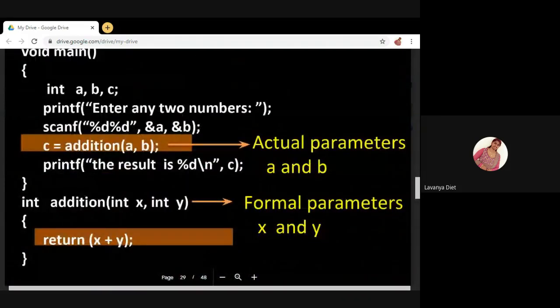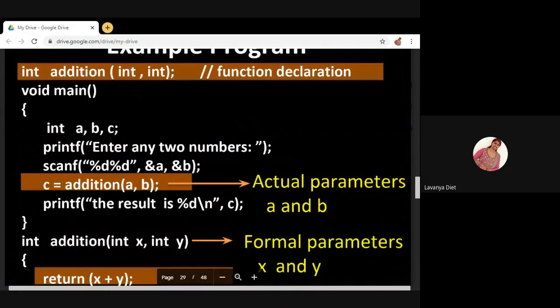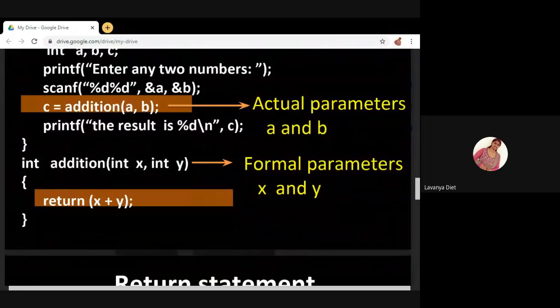See here, in the calling function, a and b are called actual parameters. The parameters inside the calling function are called actual parameters. Next, see here in the function definition or called function.